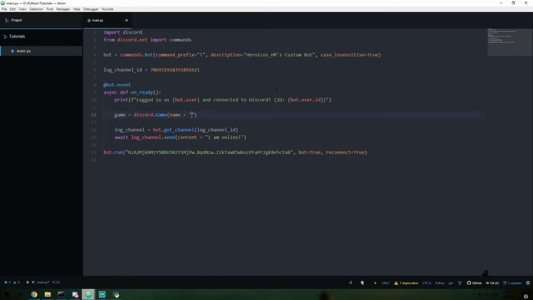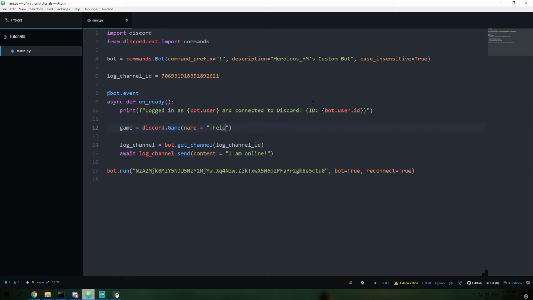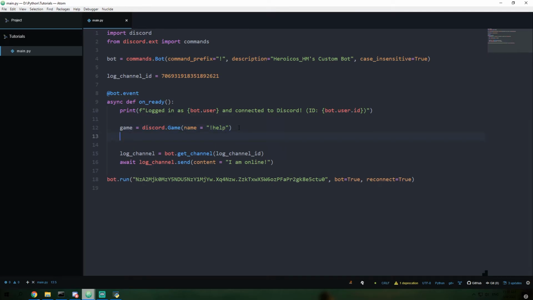In this case, I'm going to go ahead and call it !help, because I feel like it's a good idea to have it show the help command underneath the name. So we're going to go ahead and use that. And right underneath that, we can say await again, so that anything after this, it's going to wait for this to finish running before it goes to the next thing. We're going to say await bot.change_presence, and we're going to say